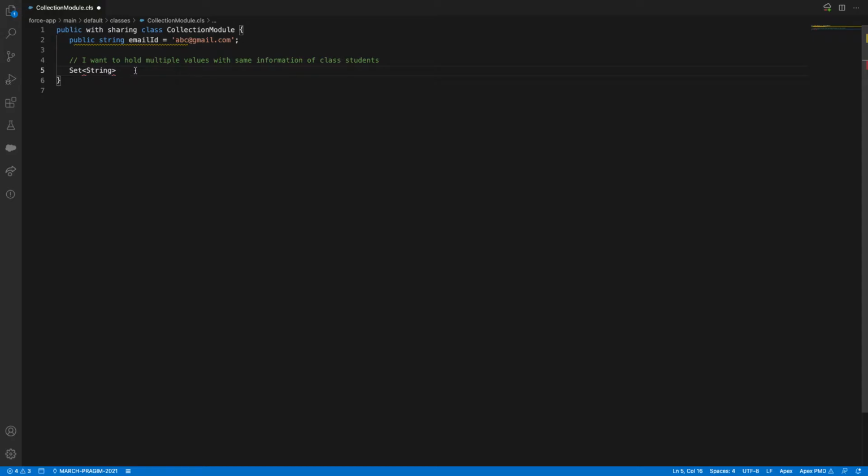Let's say studentEmails equal to new set of string. So what happens in this case, I can add as many student emails as I want. If I say studentEmails dot add, I can add multiple values.